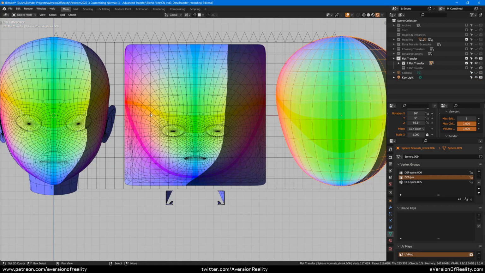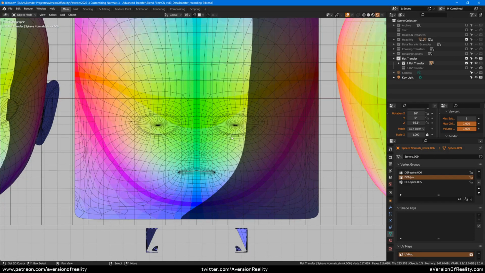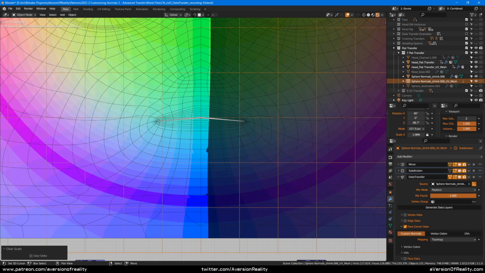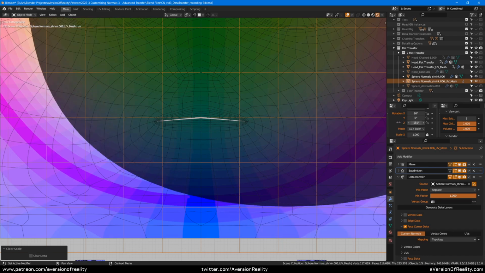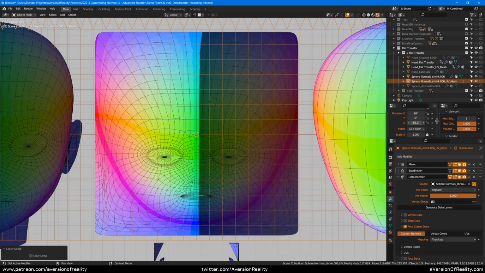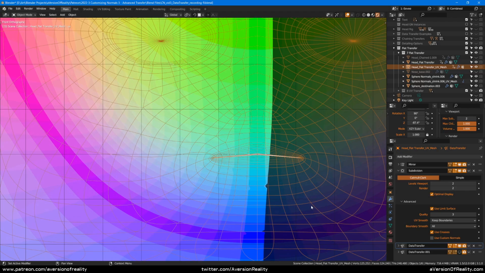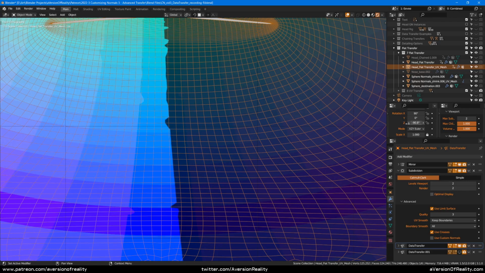So while I was putting this setup together, I ran into a data transfer bug that you should know about. I was talking about how clean this setup is, but if you look here, that is not clean. There is some weird stuff going on. The rest is pretty much all clean, but there's problems down here, and there's some problems way up at the top of the head. If we look closely with optimal display off, we can see this is some sort of transfer issue, like accuracy issue, where it's going to the wrong face and then having interpolation problems.